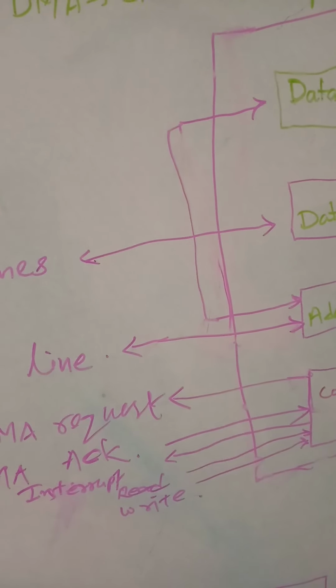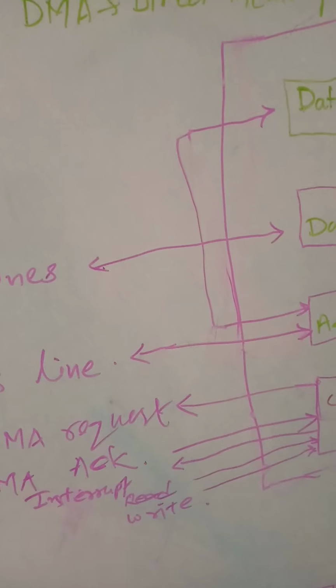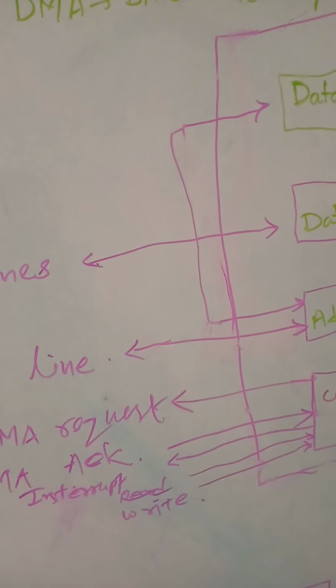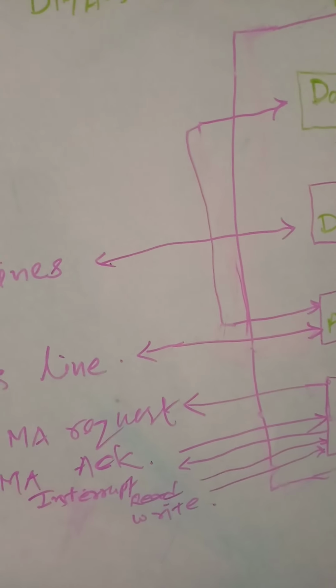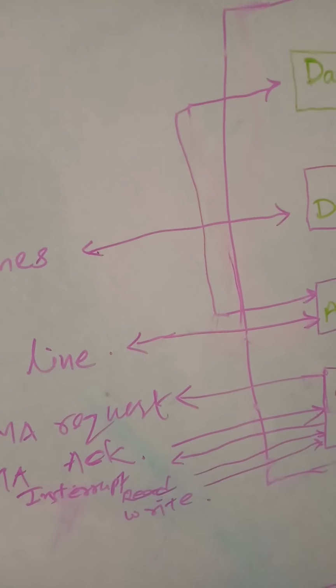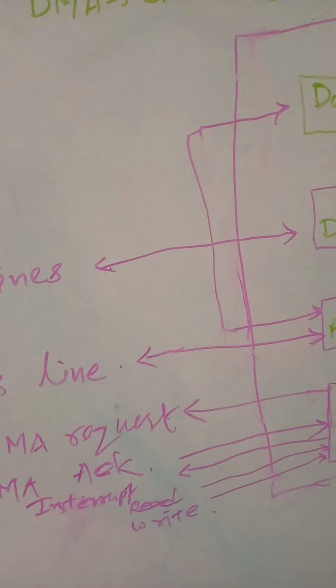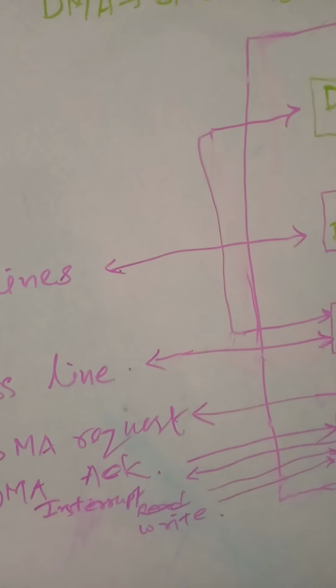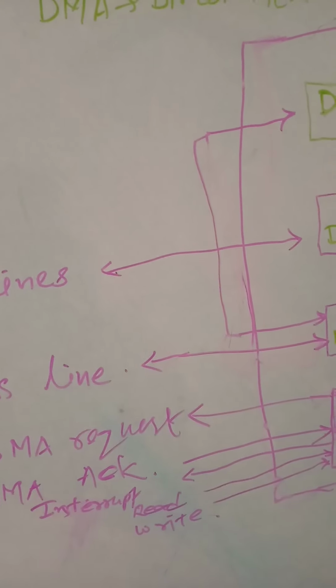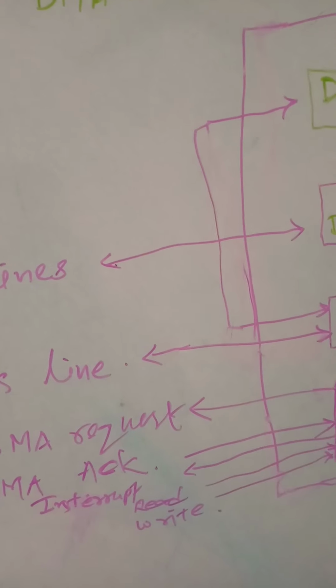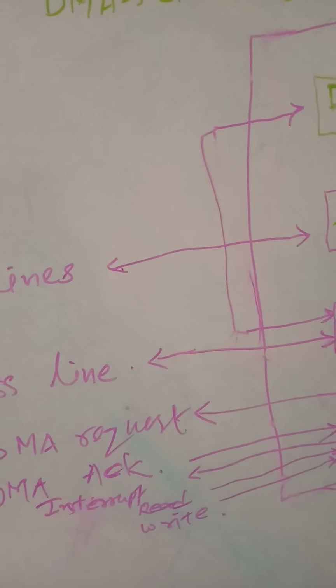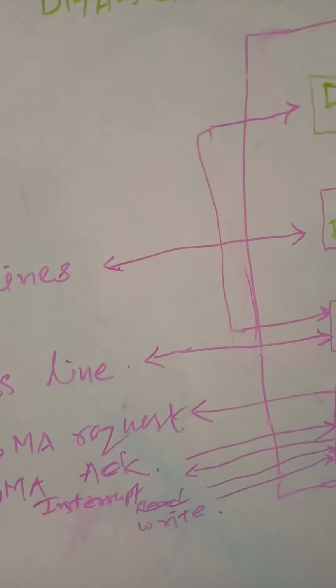Now DMA controller has the full control of buses and can interact directly with memory and I/O devices independent of CPU. It makes the data transfer according to the control instruction received by the processor. After completion of data transfer, it disables the bus request signal and CPU disables the bus grant signal, thereby moving control of buses to the CPU.